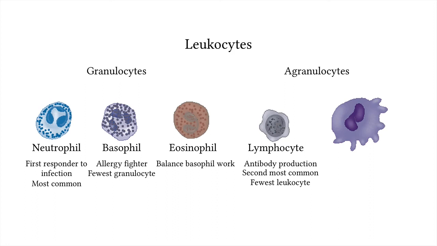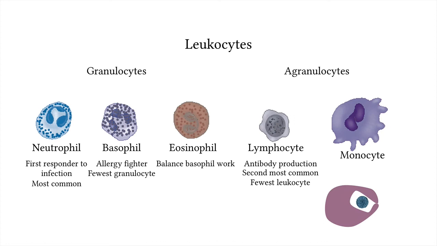The last type of leukocyte is a monocyte. Monocytes are the largest of the white blood cells, yet are not very common. Their nucleus is shaped like a kidney bean, and they have lots of cytoplasm. These cells engulf invading organisms using phagocytosis, and they're much better at it than neutrophils. Scientists believe that each monocyte is able to devour up to 100 bacteria before they die.